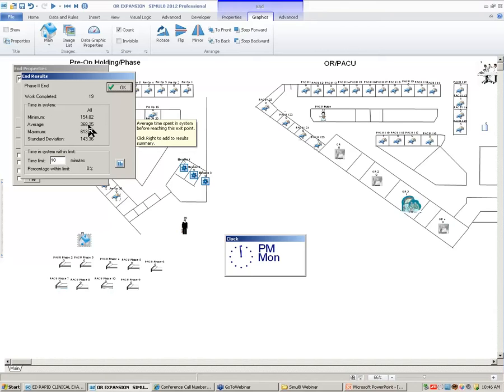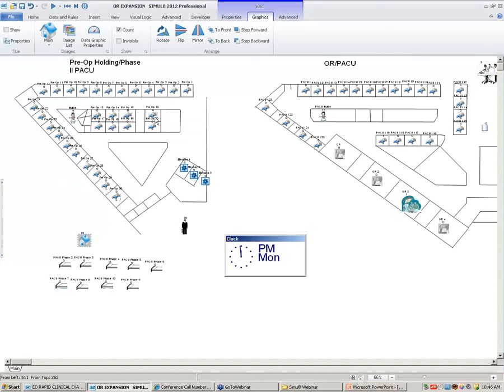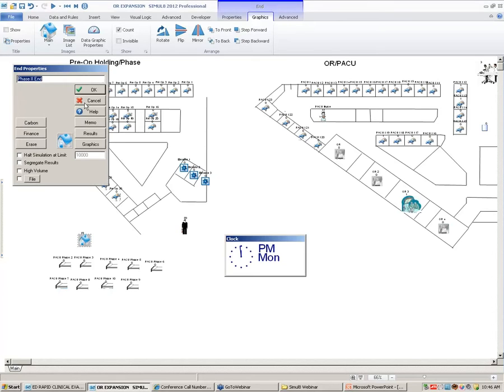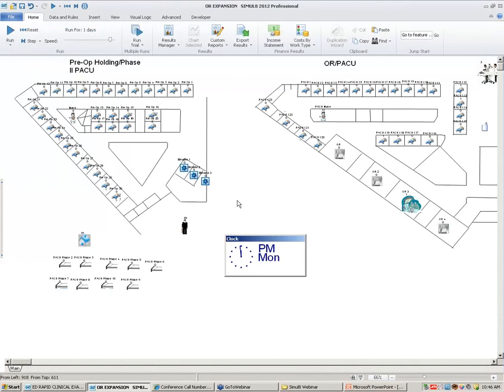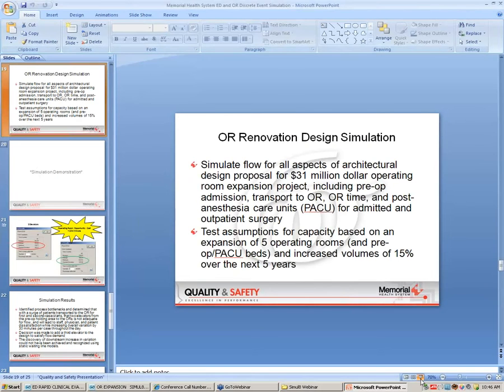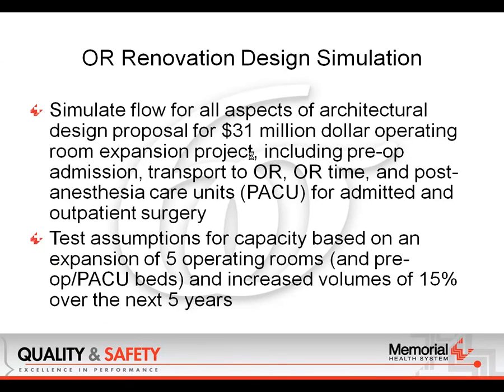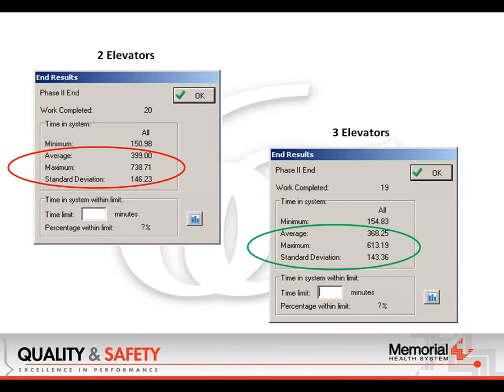368 minutes, a 30-minute difference just by adding this third elevator to our process. Those queues build up, they back up all the other processes, and it makes a 30-minute difference to how we're flowing through our OR. So what does this mean? If I go back here to my slideshow, we have 2 elevators, 399 minutes, standard deviation 146, to 3 elevators at 368 minutes